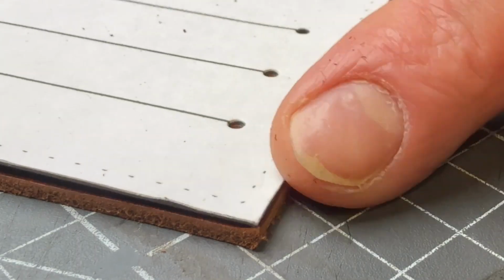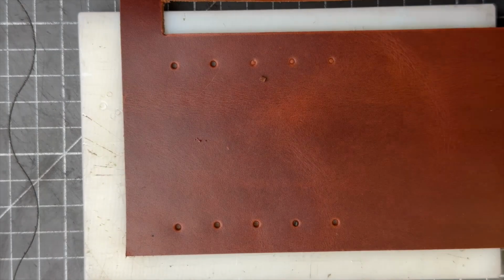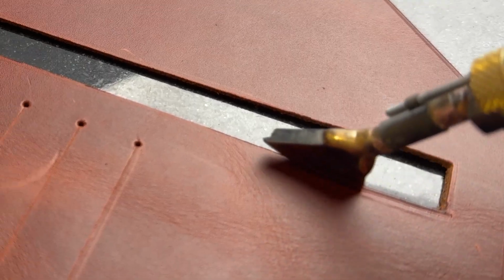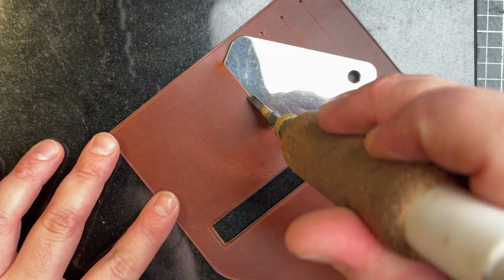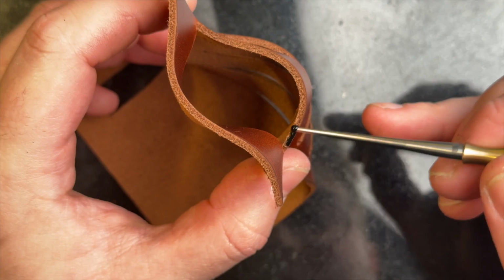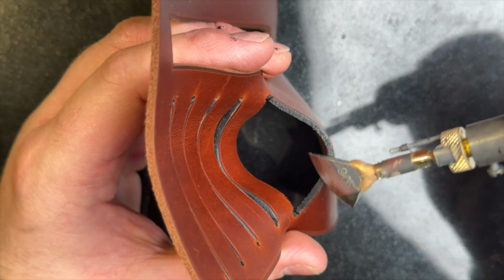So now lining up the pattern to make sure I can see where the holes have to be punched. And once that's done, adding the lines to cut it along and creasing the edges of the wallet and the pockets. If you're not familiar with what creasing means, it's like adding a little crease with usually a hot tool, and that has a decorative element to it, but it used to be also for practical reasons, so it would prevent the edges of the leather from fraying. Next up, you have to paint it to make sure that it actually remains together